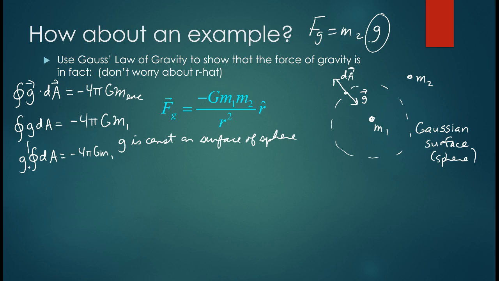Okay, now this expression here, the integral of dA, is also known as just A, the surface area. So G times A is negative 4 pi big G M1. So this means that the gravitational field G is equal to negative 4 pi